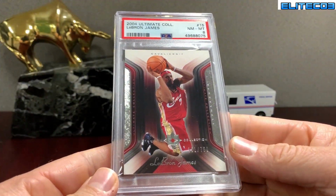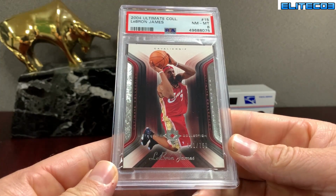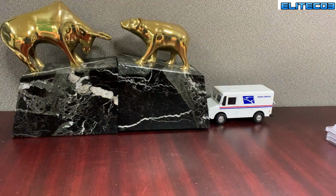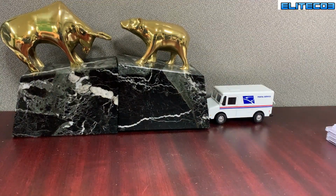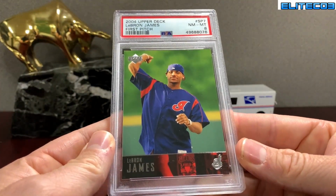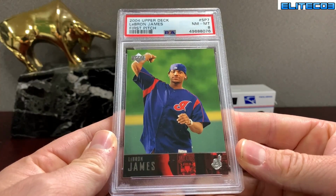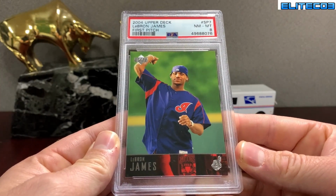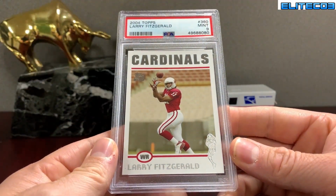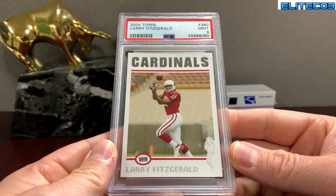Here's an Ultimate Collection LeBron. This one's out of 750. This is the first pitch. It's got some white on the corners. It's not a perfect example, but looks a little stronger than an 8. You got the flagship Fitzgerald in a 9. This was thinking 9.5, so